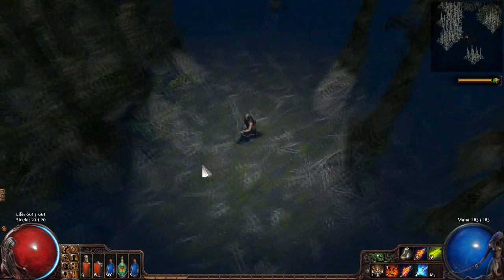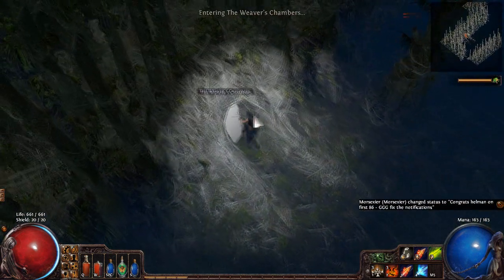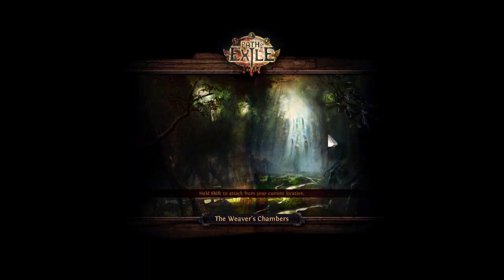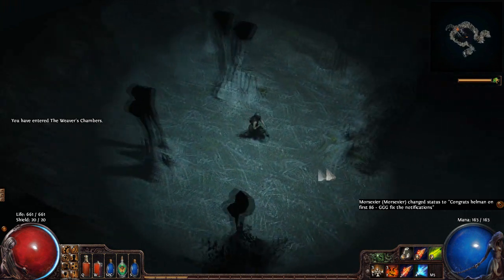Once you get to the webbed area, you kind of just want to search along the walls here until you find the entrance to the Weaver's Chambers, which we got pretty lucky and found straight away. Sometimes you'll have to search a little bit longer, but it's not a huge deal. Now I'm going to turn my volume up a little bit because things are a little bit quiet, but let's